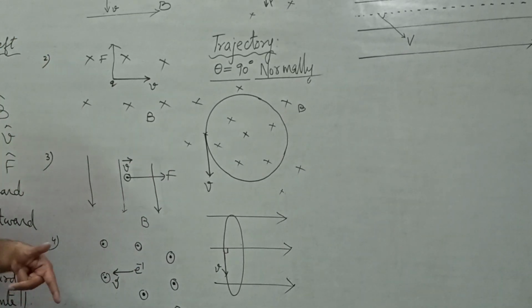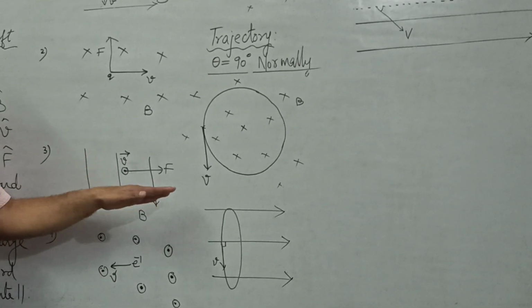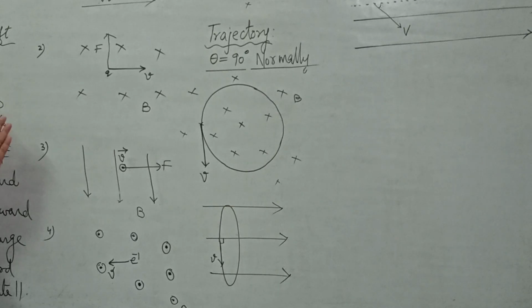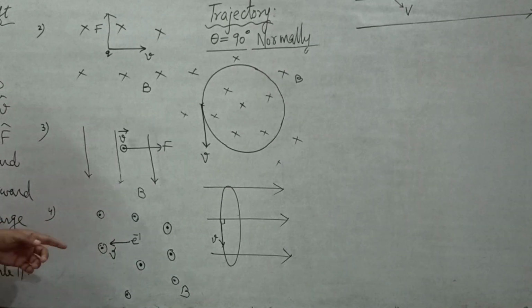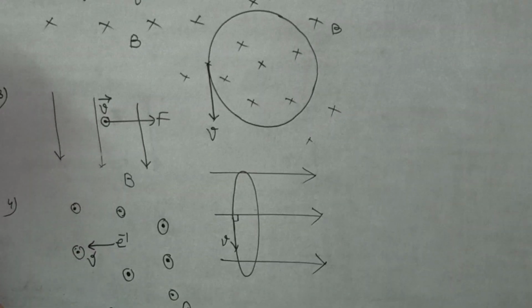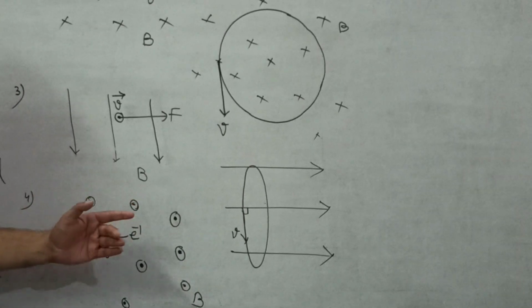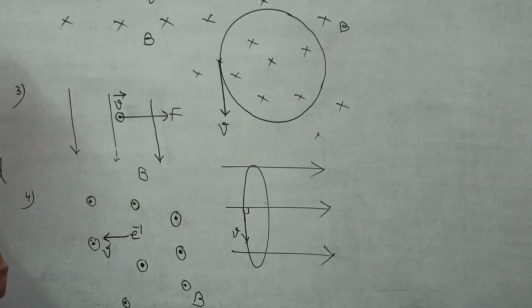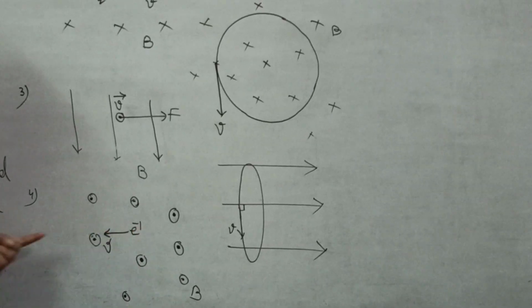I hope this is clear. Again, if the charge happens to be negative, then the force would not be towards right, it would be towards left. Well, next example. In this example I have taken a negative charge, an electron. So what is the magnetic field direction here? The magnetic field is given as dot, perpendicular outward, and the velocity of the electron is towards left.